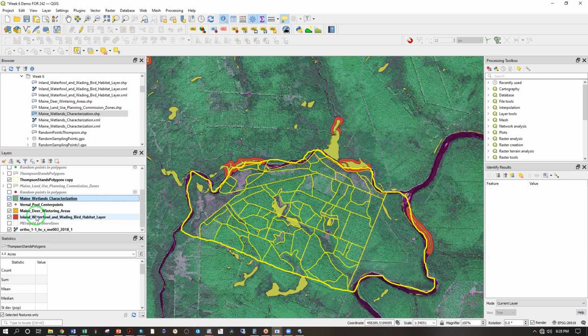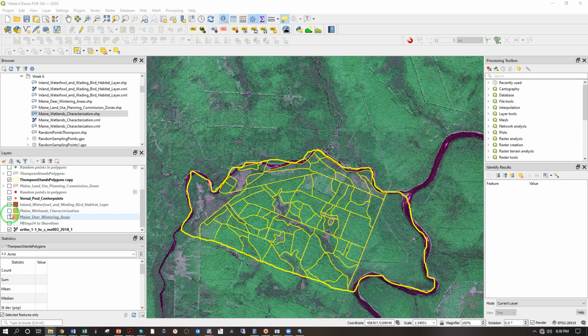So I don't see any deer wintering areas in this general area, but we can see this color, inland waterfowl and wading bird habitat, and we have the wetlands characterization here. See, of course, it matters what order these are in the layers panel. Whichever order they're in here is the order they draw in here. So if I drag wetlands on top, wetlands displays above the inland waterfowl. If I drag inland waterfowl on top, then it displays behind. So now you have what you need to make maps of wetlands, waterfowl,